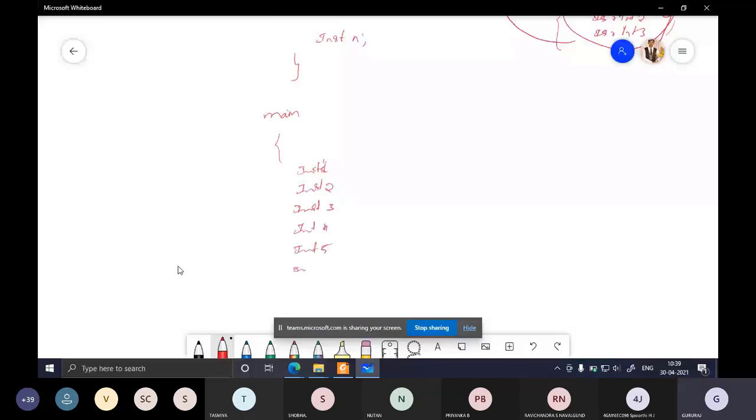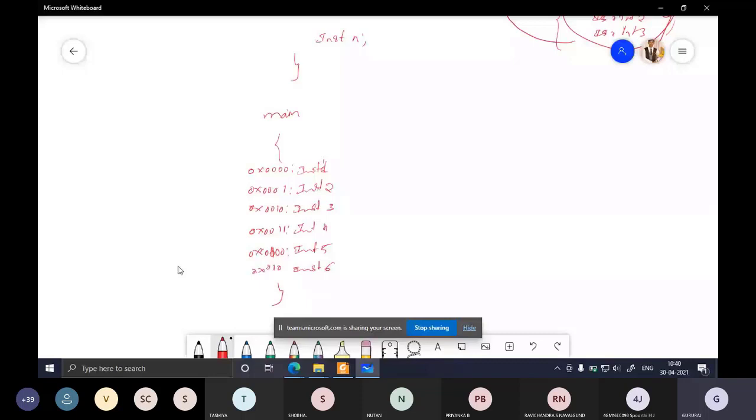I'll assign the addresses for the instructions: 0x0000 is the address of instruction 1, 0x0001, 0x0010, 0x0011, 0x0100, 0x0101. These are the addresses of the instructions.